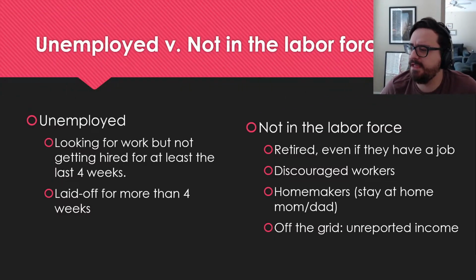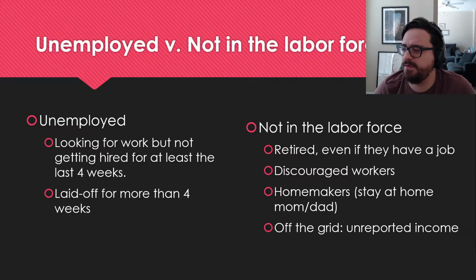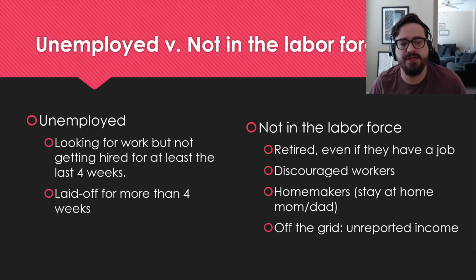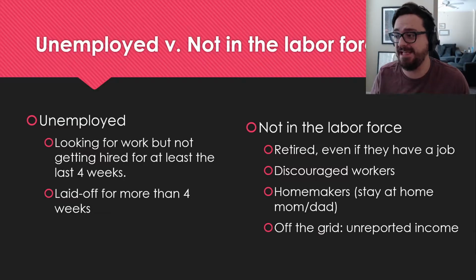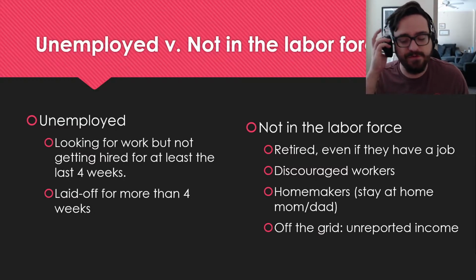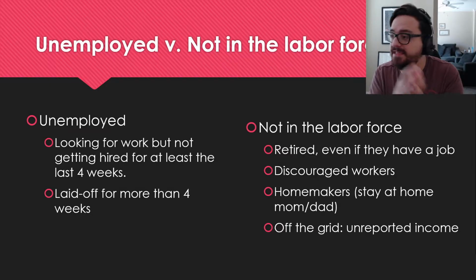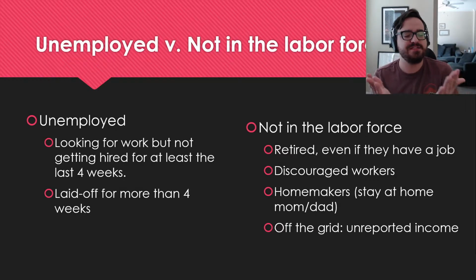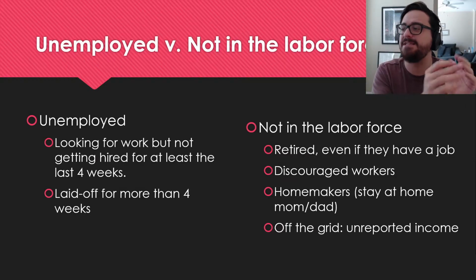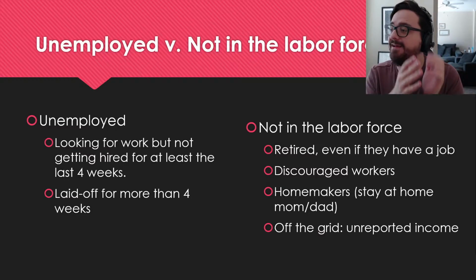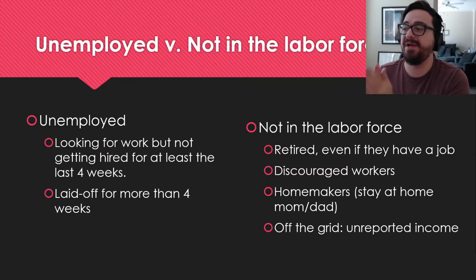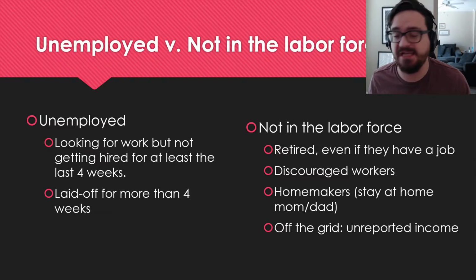A sort of classic little tricky bit people have problems with on the AP exam is being able to tell if someone is unemployed or if they are not in the labor force. Reminder that if you're in the labor force, that includes employed and unemployed people. So what you're basically trying to say here is, is this person counted as unemployed, or is this person not counted in an unemployment rate at all, not accounted for? They are left out of it.